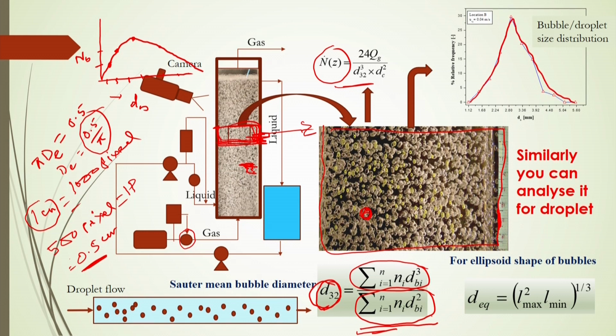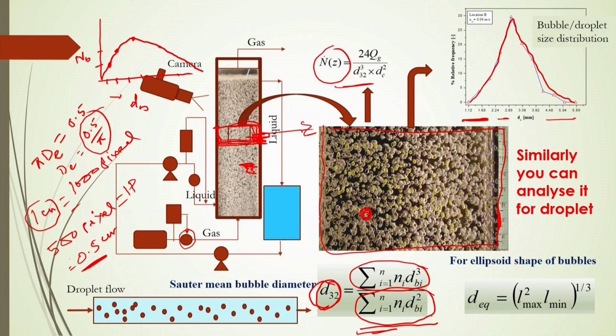Here is one example of this distribution from experimental results. This is classified into different classes, showing how many bubbles there are, but here as relative numbers. The number of bubbles is represented as a frequency, that is, how many bubbles are coming within a certain range of bubble sizes. That will be your frequency of the bubbles. You can represent the size distribution based on this frequency, or you can represent the density of the bubbles.